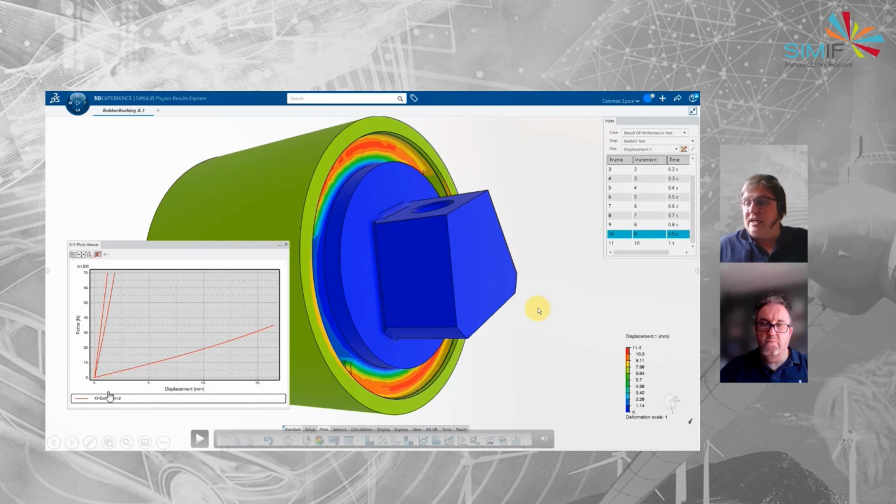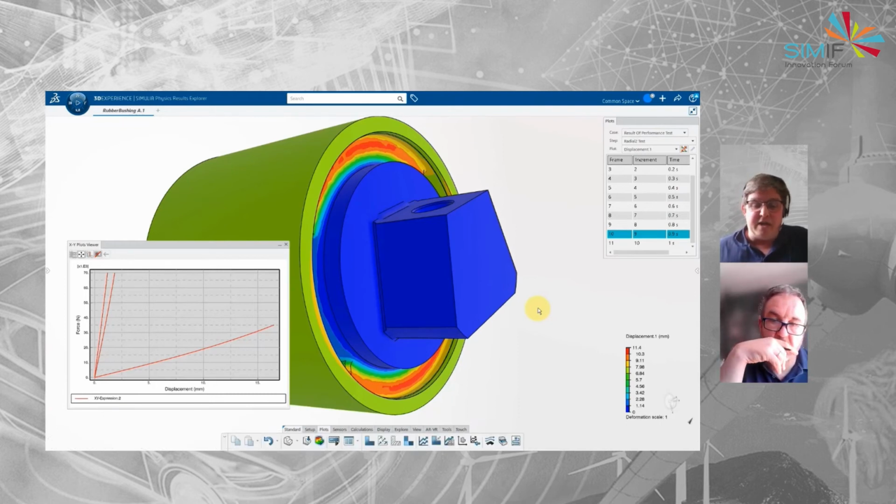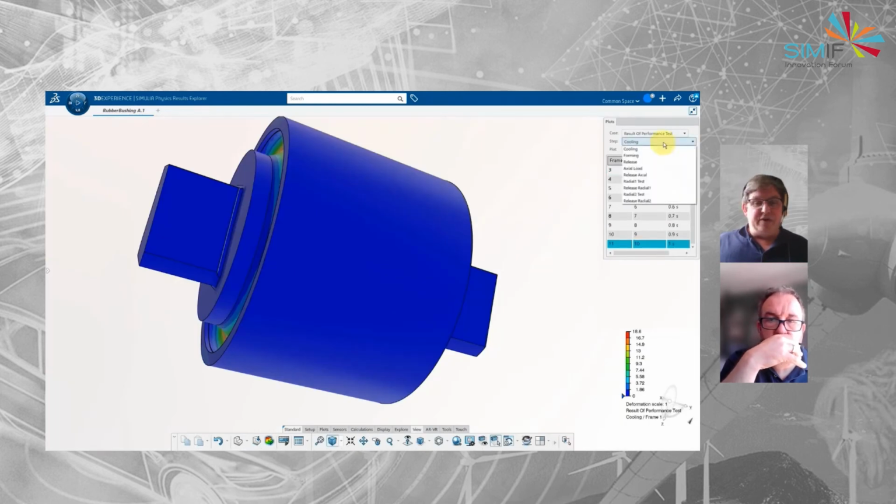And so we've got these 3 lines, one for X, one for Y, and one for Z. And that gives us something that we can start saying, is there any improvement that we can make on this? If we go back to the design department and say, can we try this? Can we get a better performance for not much more strain? So that's exactly what we're going to do.